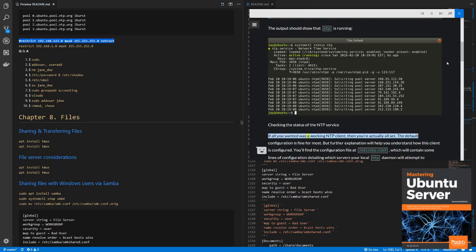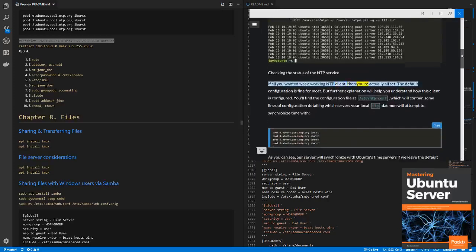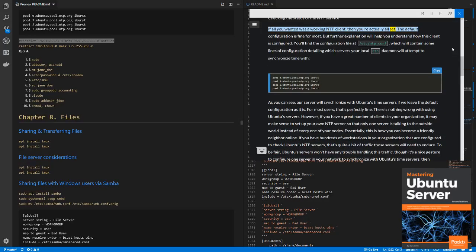If all you wanted was a working NTP client, then you're actually all set. The default configuration is fine for most. But further explanation will help you understand how this client is configured. You'll find the configuration file at